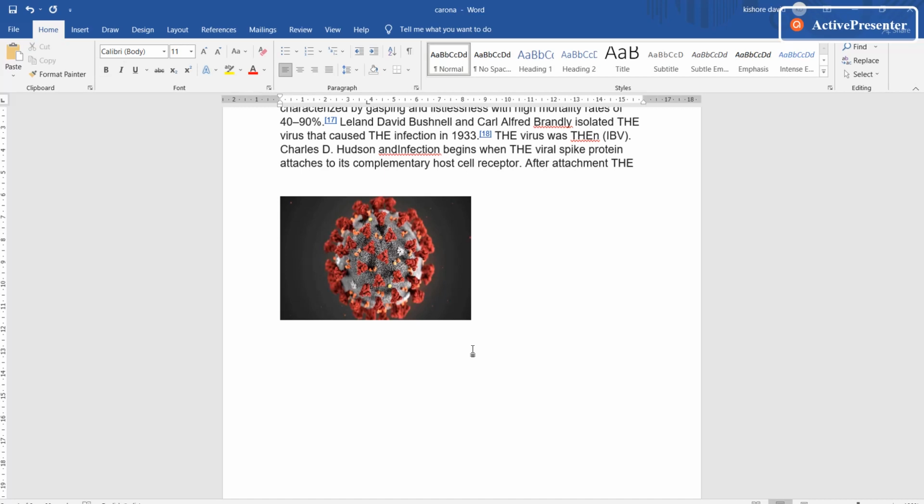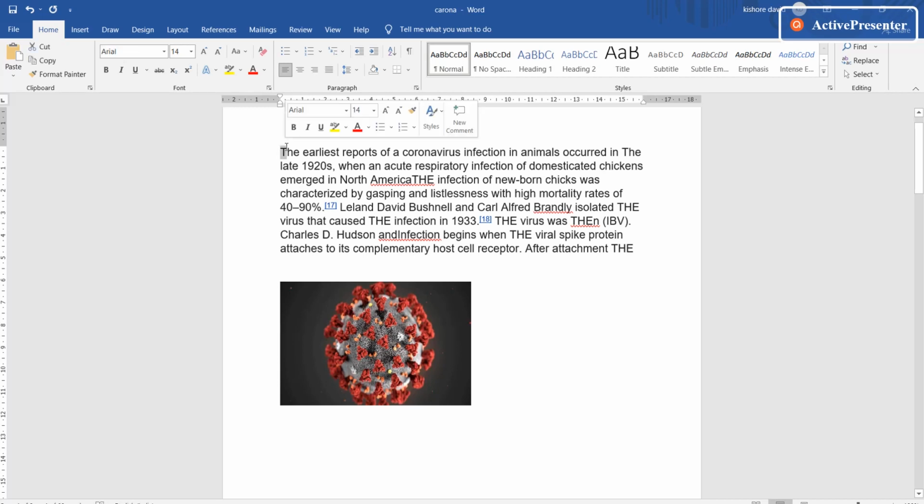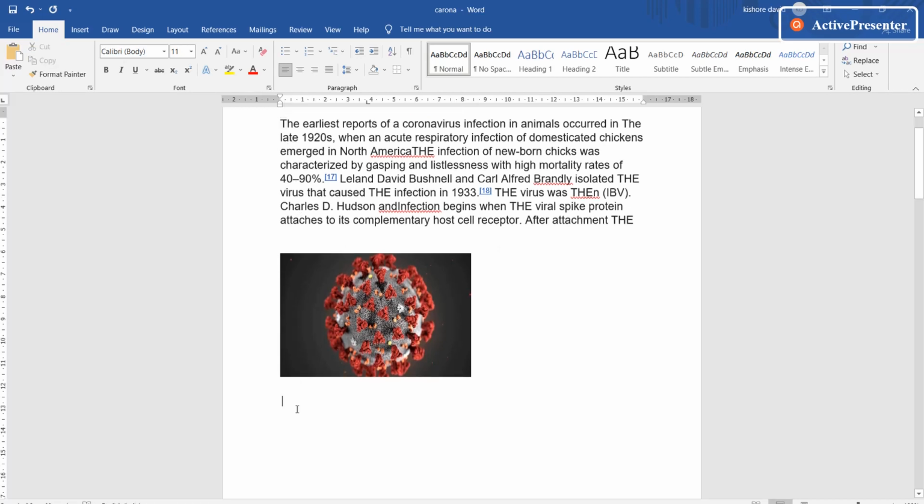Many people, if they want the cursor at the middle point of the document, keep pressing the space button. So don't try to do that. Remember, space is also one character. Characters are of two types, visible characters and invisible characters. For example, this is T, a visible character. An invisible character means space.